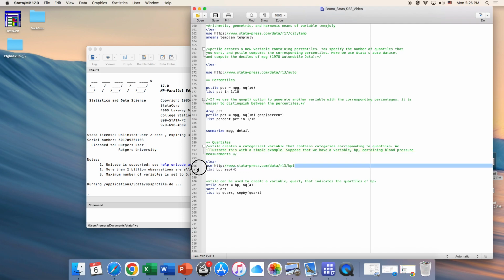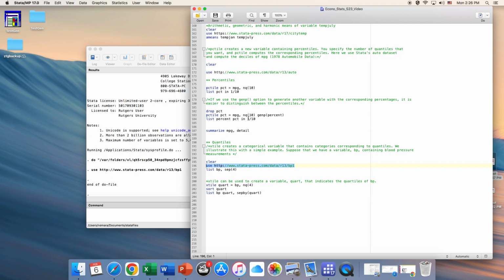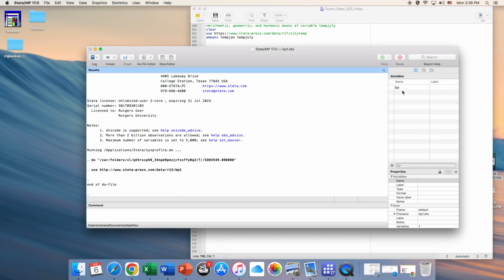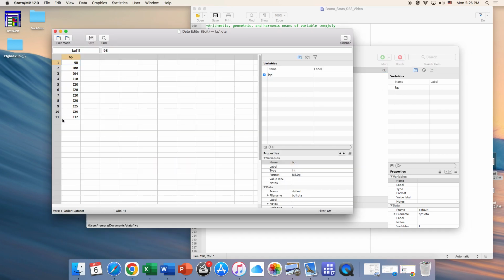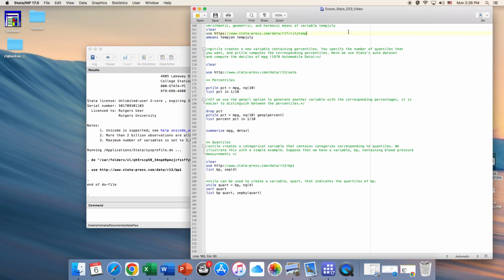So we'll type use, okay, and copy paste the link, and we get a simple data of blood pressure, just one variable. It's a very short data set, just 11 observations, just for me to show you how we can create the